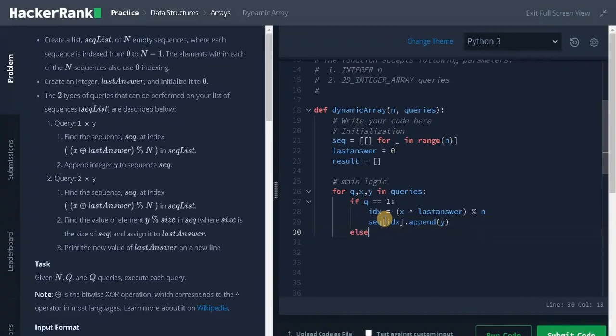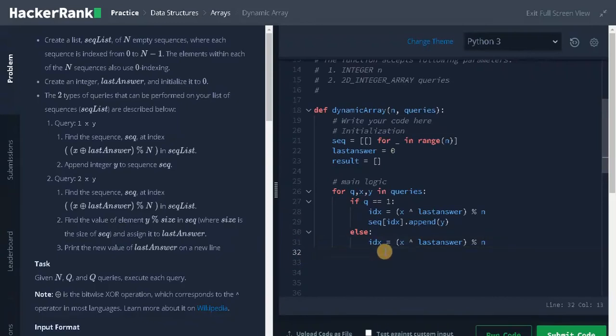In the else part, we have to do the operations for query type 2. Similar to query 1, we have to find the index of the sequence in query 2 also. So we will just copy and paste this here for the index. Now we have to find the value of the element in that particular sequence.